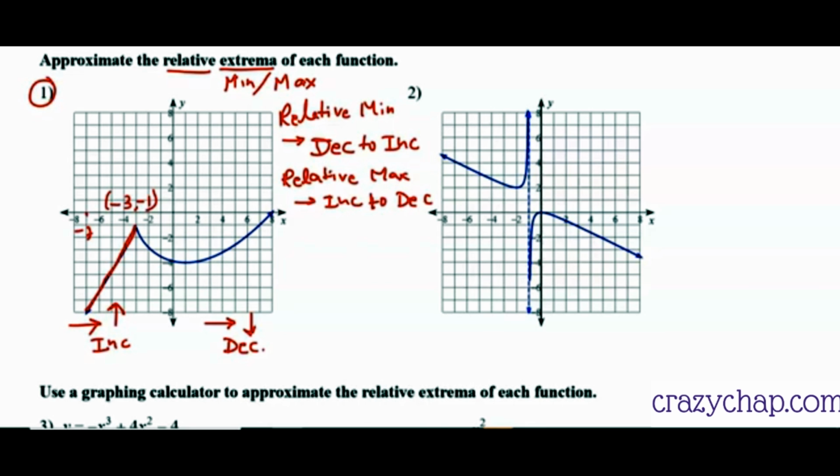And then the function started decreasing. Why am I saying decreasing? Because when I am moving to the right of x, I am actually going down. So after -3 comma -1, the function keeps on decreasing and decreasing,